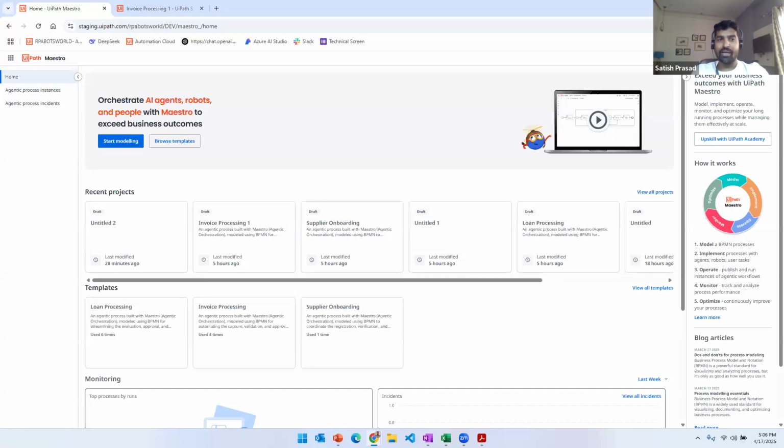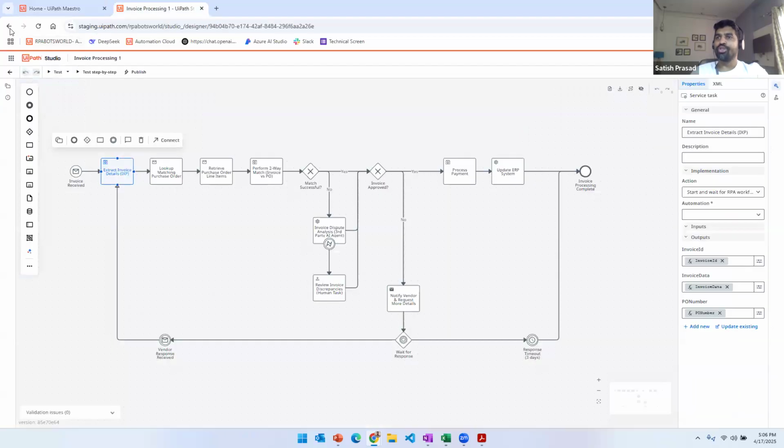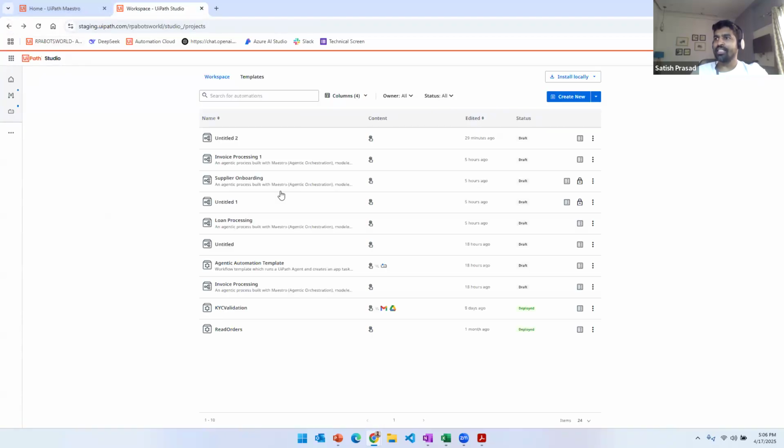So you have many choices to orchestrate it. You can build an agent that decides which part will be executed next, and then other agents will work accordingly. That's the first way, and then you can trigger that master agent from the Assistant or Autopilot.